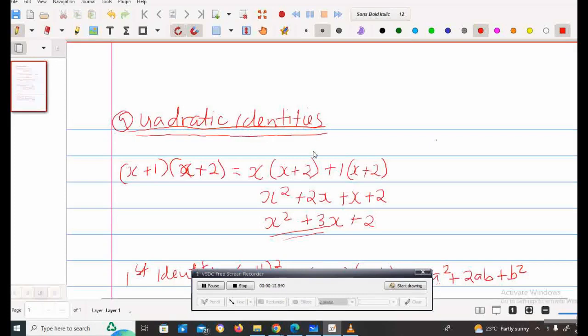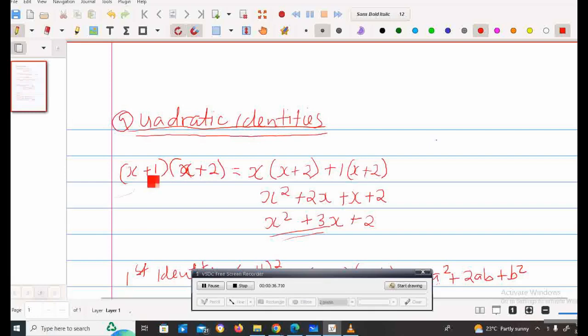Welcome to this session. I would like us to discuss a few issues about quadratic identities. But first, can we understand what a quadratic expression is before we understand the quadratic identities? A quadratic expression results when you expand